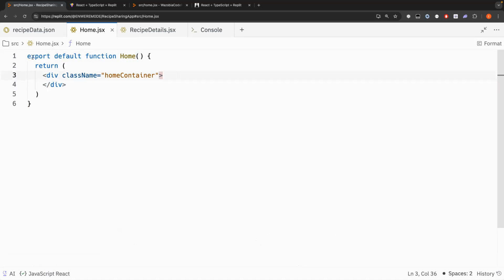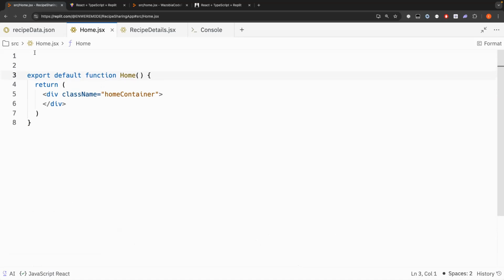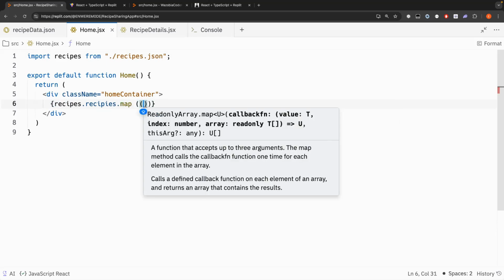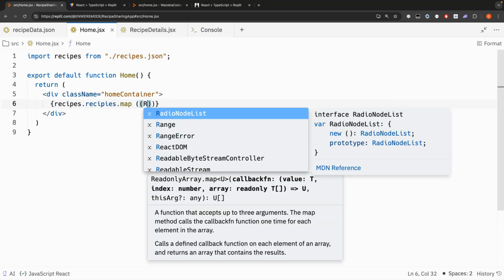So now, the next thing we want to do is import the recipes, the entire recipe JSON. So import recipes from recipes.json. And then what we want to do is map through all those recipes and display every single recipe. So we want to do recipes.map. So we map them, grab each individual recipe,